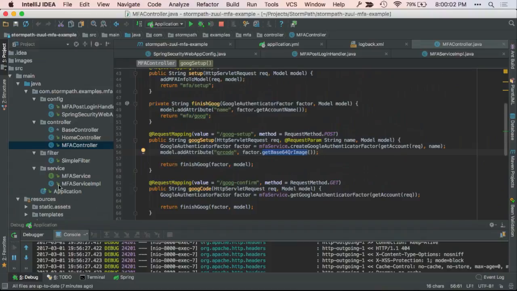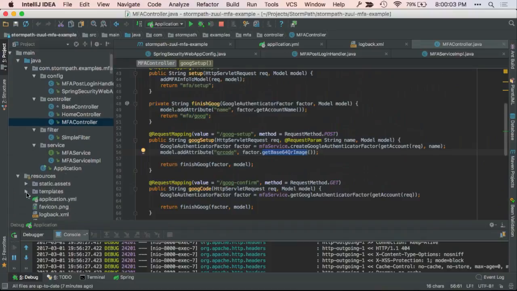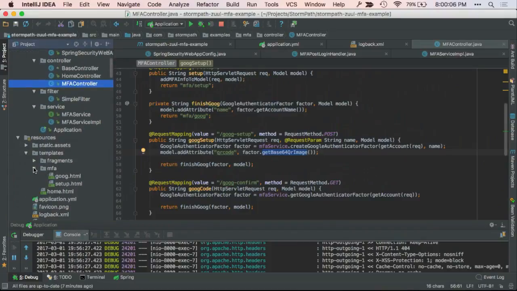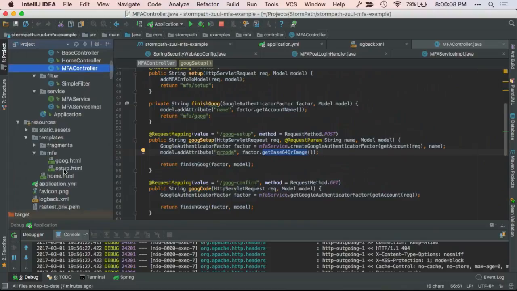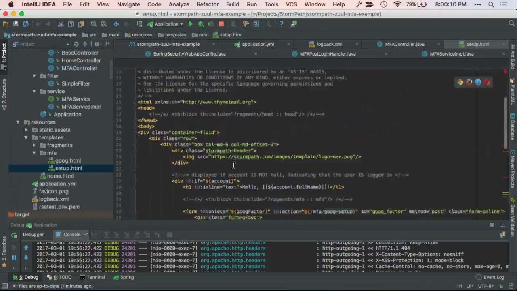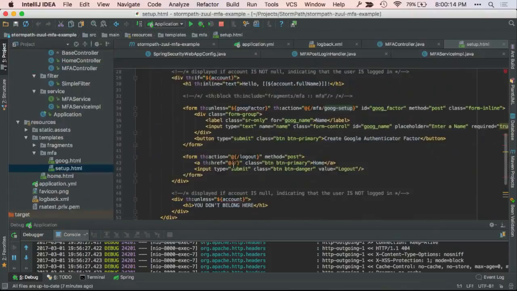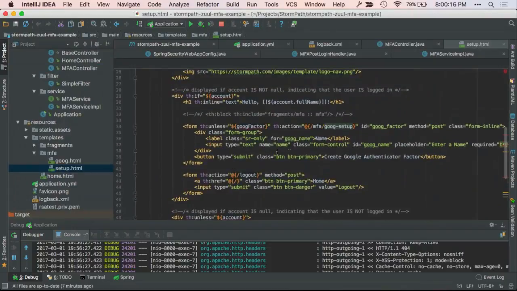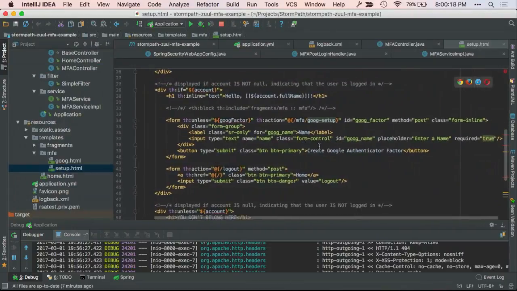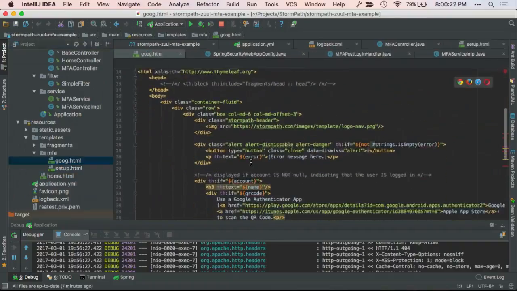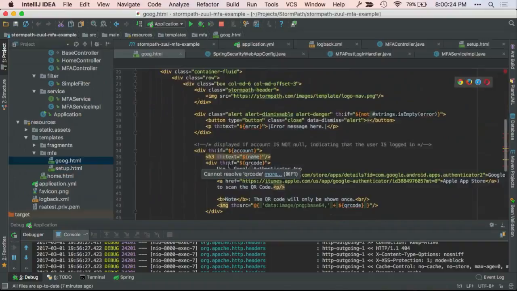And if we look at the template here, and I think it's on setup, this again is a Thymeleaf template.